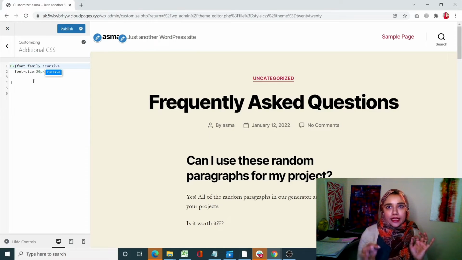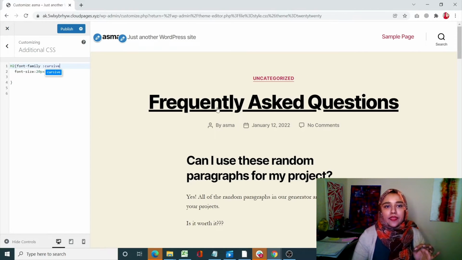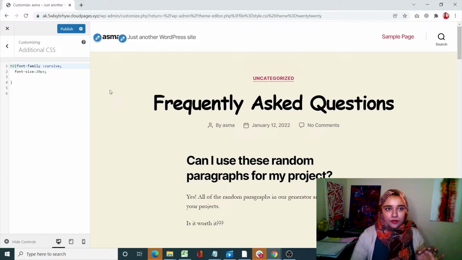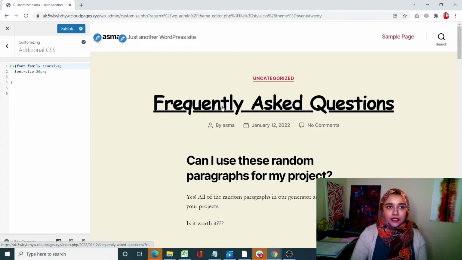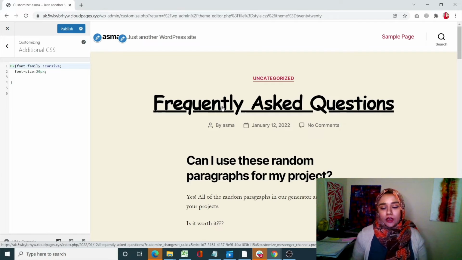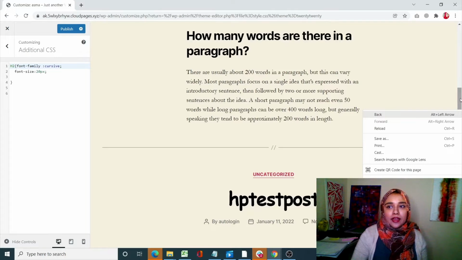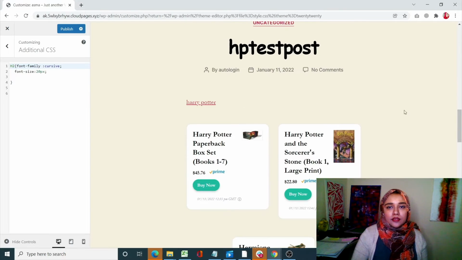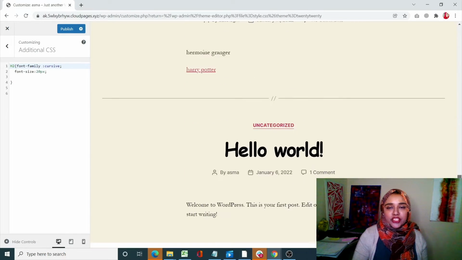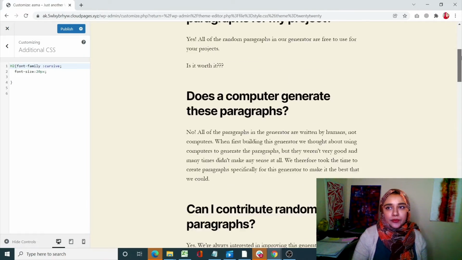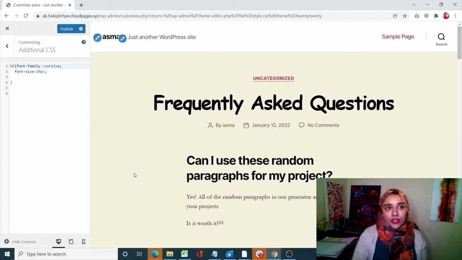As soon as I enter a semicolon, you will see that this is my H2 tag and it will be changed. As you can see, automatically my H2 tag has been changed, and wherever the H2 tag is added, it has been changed to the cursive font family. So that's the second option. Of course, you can add many options to it.